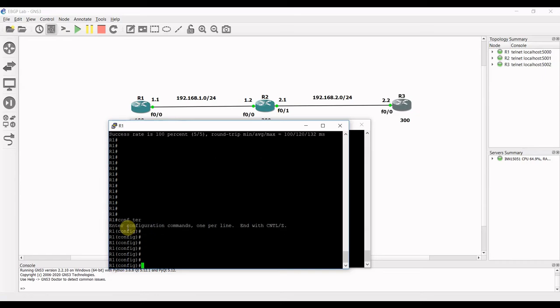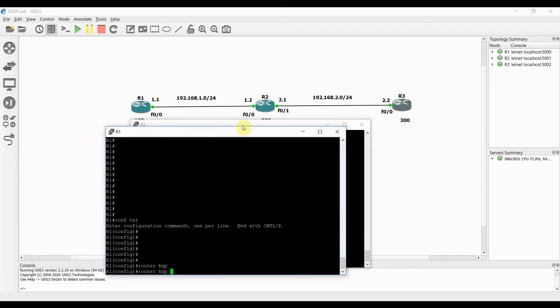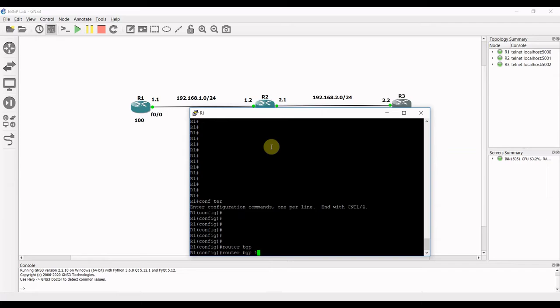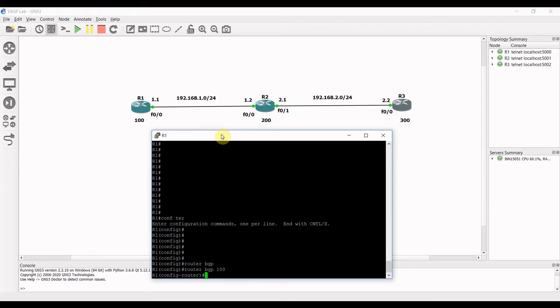At router 1 we apply router BGP, and then we have the autonomous system for router 1, which is 100. Then we use the neighbor command with the IP address of router 3, and the remote AS is 300.